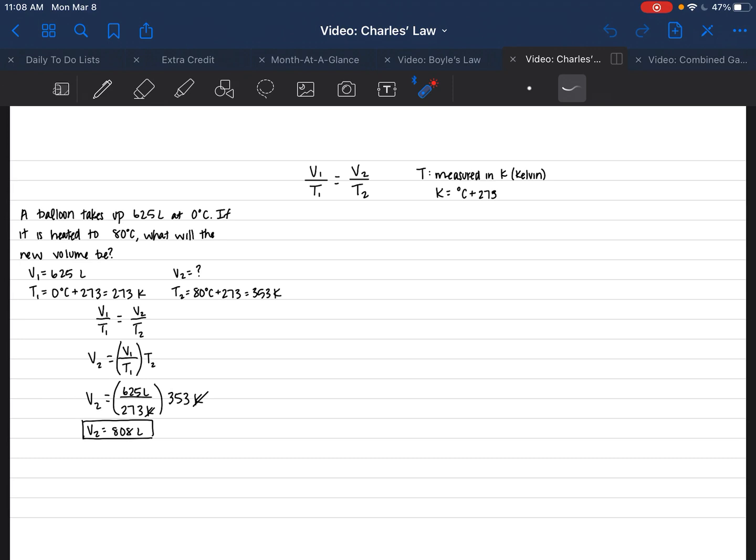So let's check our work. We said before that as temperature increases, the volume should also increase. Our temperature went from 273 kelvins to 353 kelvins. Our volume went from 625 liters to 808 liters. So that checks out. It follows what we predicted, and that is the correct